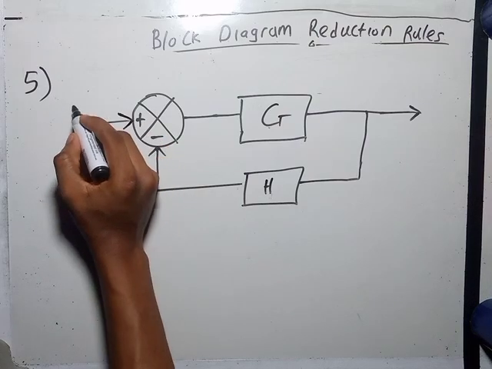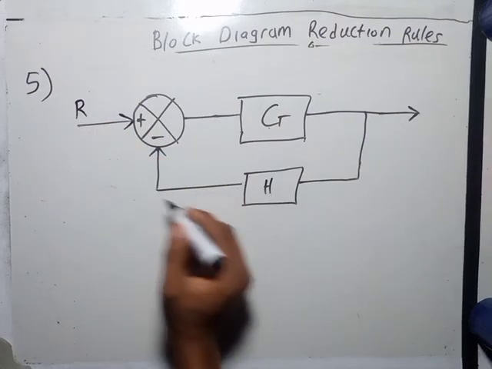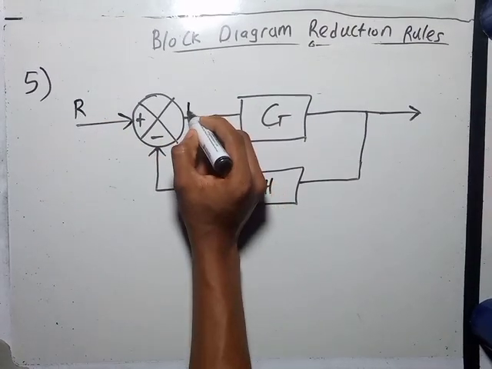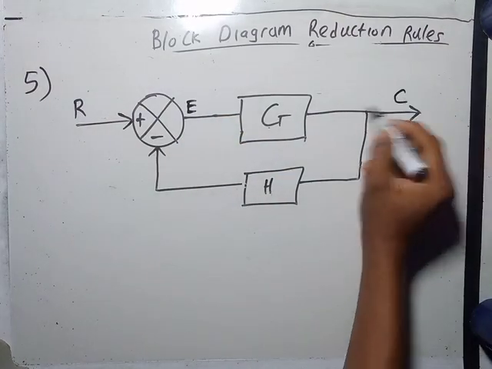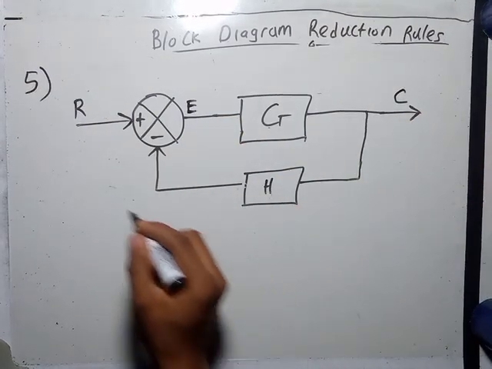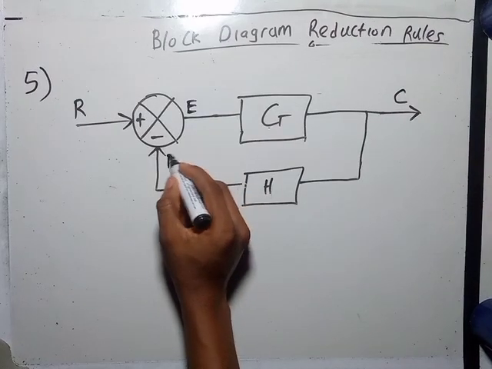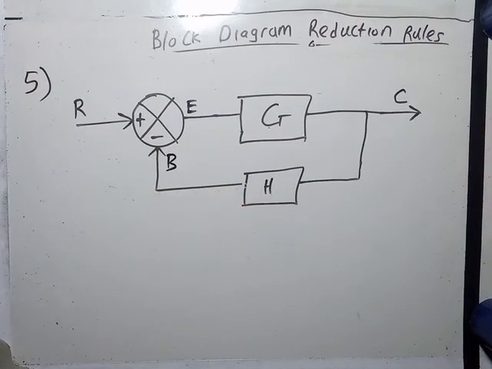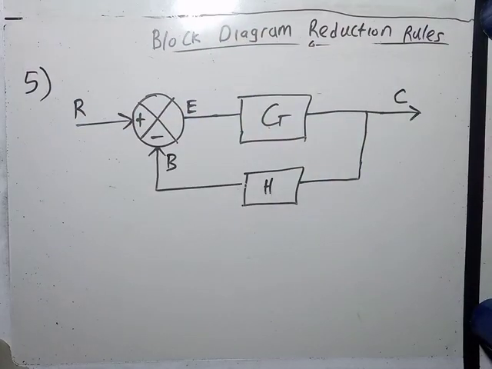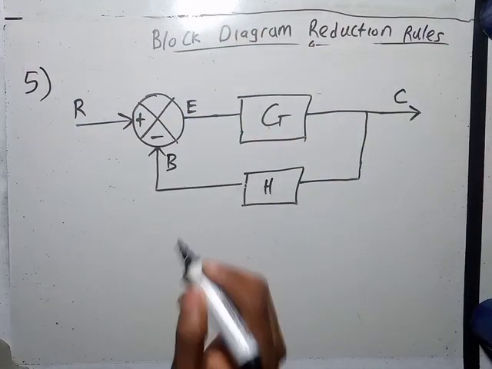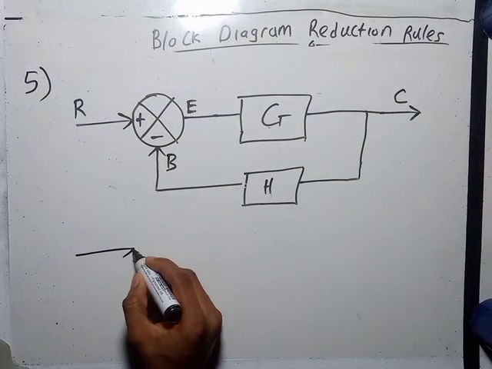So let's say that here is our R, here will be our E, here will be our C, which is our output, here will be our B. So this transfer function can be reduced to